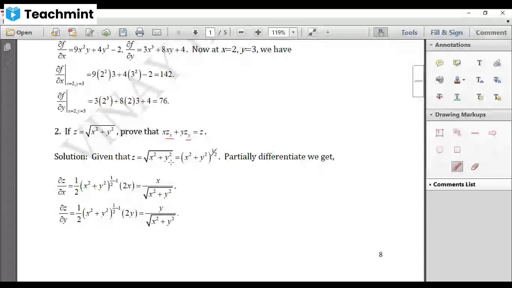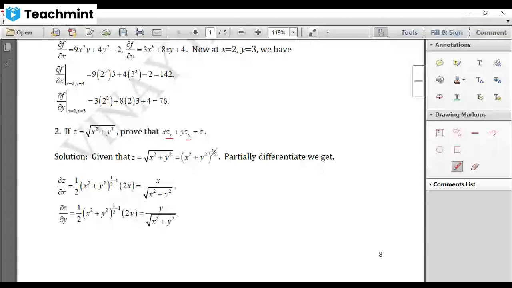Given that z equal to this, but square root can be written as to the power of half. Now partially differentiate this. What are you going to get? ∂z/∂x equal to, because this is to the power of half, we know this is of the form x to the power of n. We cannot separate x and y here. So n into, that is half into (x square plus y square) to the power of half minus 1 into,